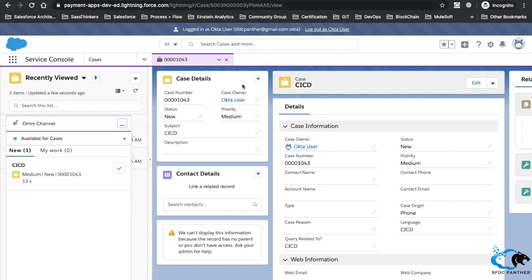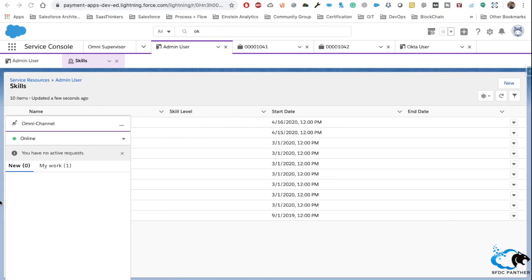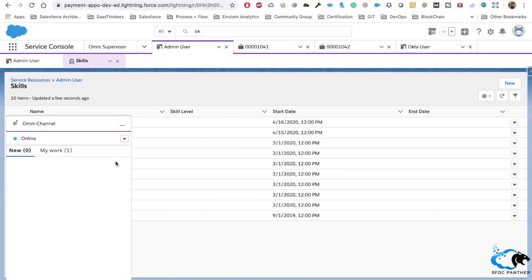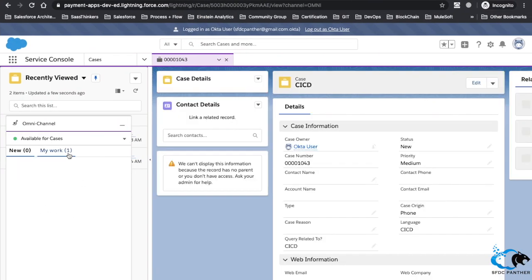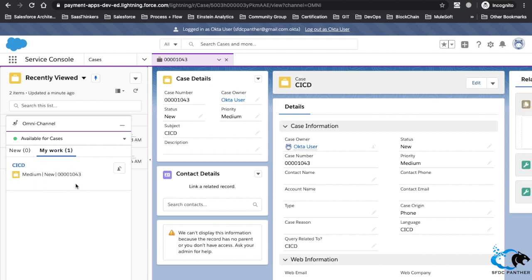Now if we accept this, why are we getting this pop-up? Because you can see here, even without accepting the work, it is showing the username, that is the Okta user. If this user accepts, or if there is any timeout we set behind the scenes, after that the other agent is going to get the pop-up. At a time, not every agent will be getting the pop-up. Now let's accept this. Once we accept, we will see that we have got my work.